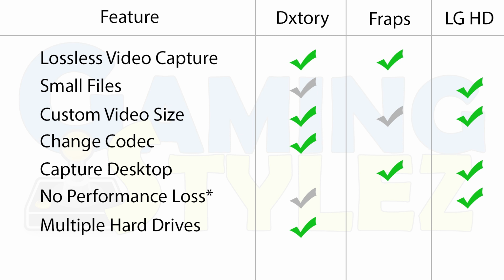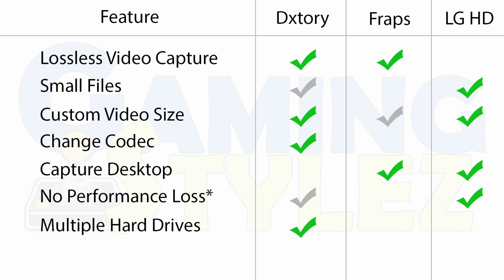Now, this is usually what makes your game lag when you're recording video, is that your hard drive cannot write your video fast enough. So basically what's happening is that you're recording at 1080p, and each frame of the video is probably, I would say, a few megabytes in size. I'm just kind of pulling that out of the air, but that sounds about right to me. So you're trying to write these frames at like 30 frames per second. So, if each frame is a few megabytes and you're writing 30 of those a second, your hard drive probably